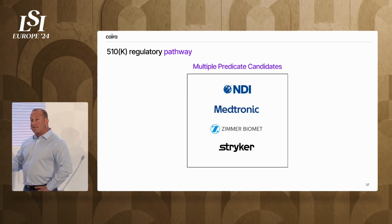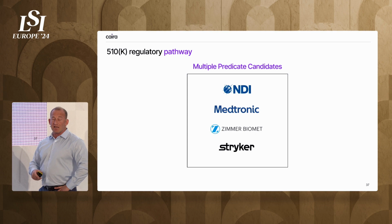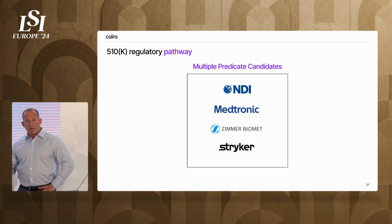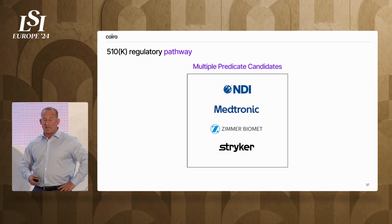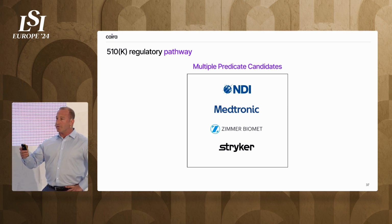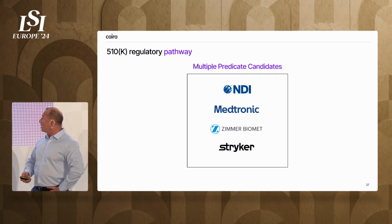We are a 510K pathway in the United States. There are multiple predicate candidates. While radar in and of itself is a novel technology, we're essentially navigating or providing surgical guidance to a robot. So optical, there are many predicate optical and EM systems that have come before us that we can cite as